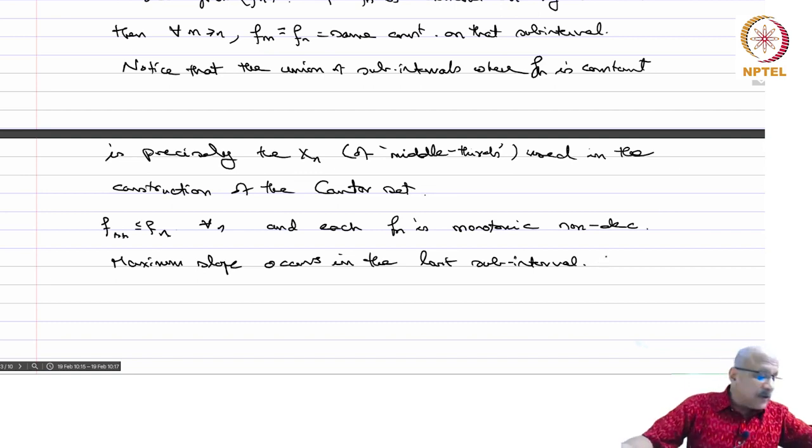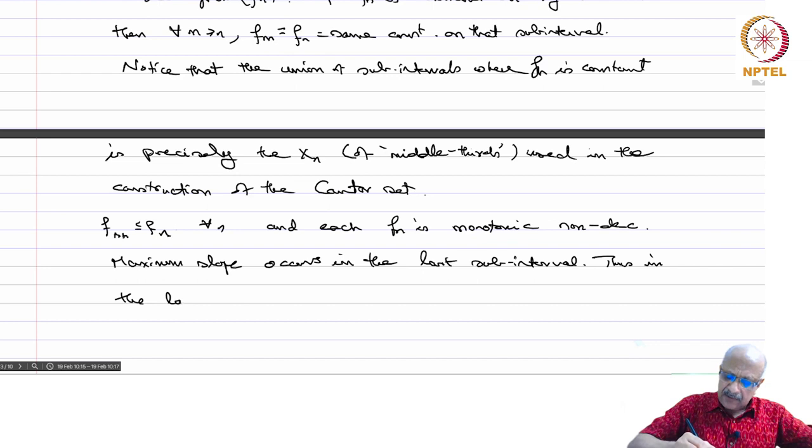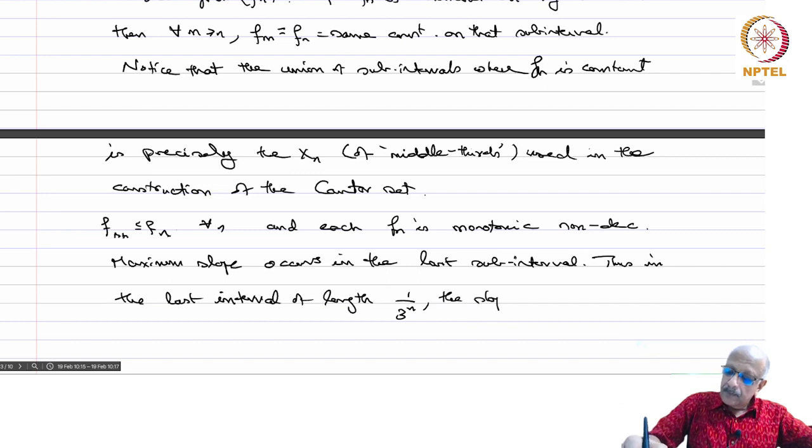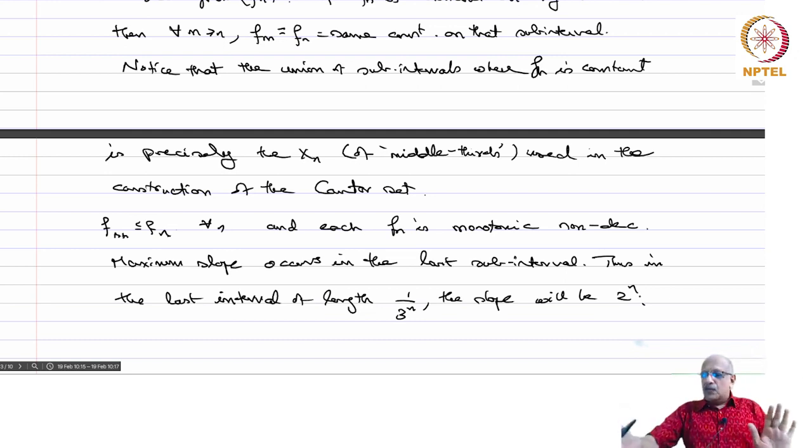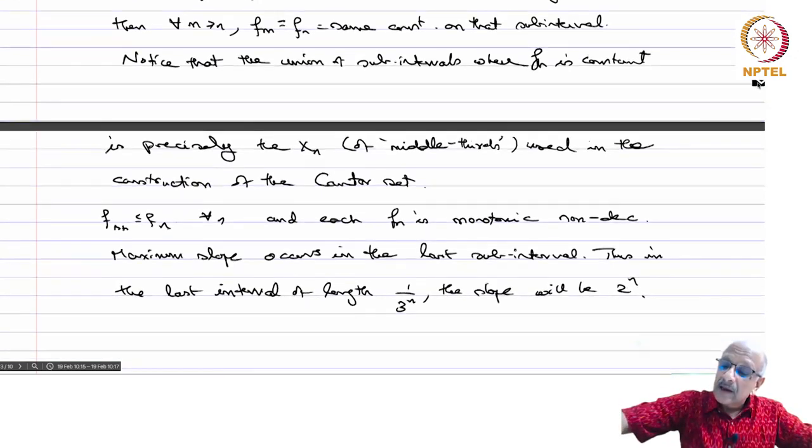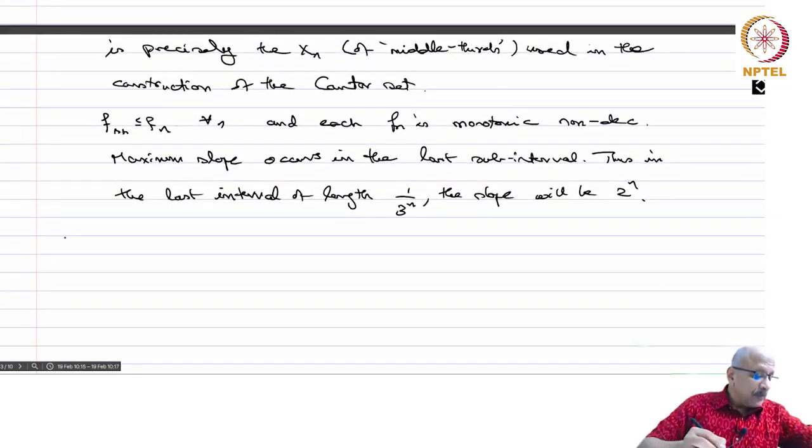Each time we apply the procedure, the slope is doubling. Therefore, in the last subinterval of length 1 by 3 power n, the slope will be 2 power n, because we started with the slope 1 in the original function, and every time in the last interval it's going to double. We have applied it n times, and therefore we get 2 power n as the slope there. Therefore for all x in [0,1],